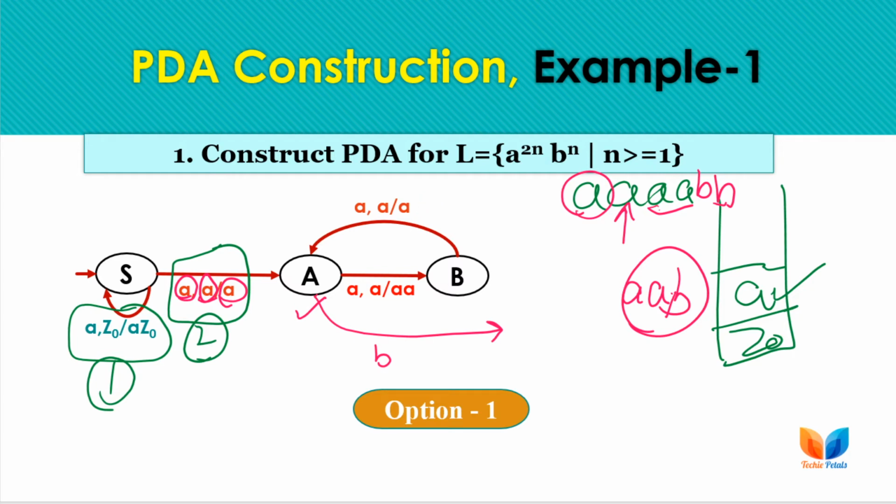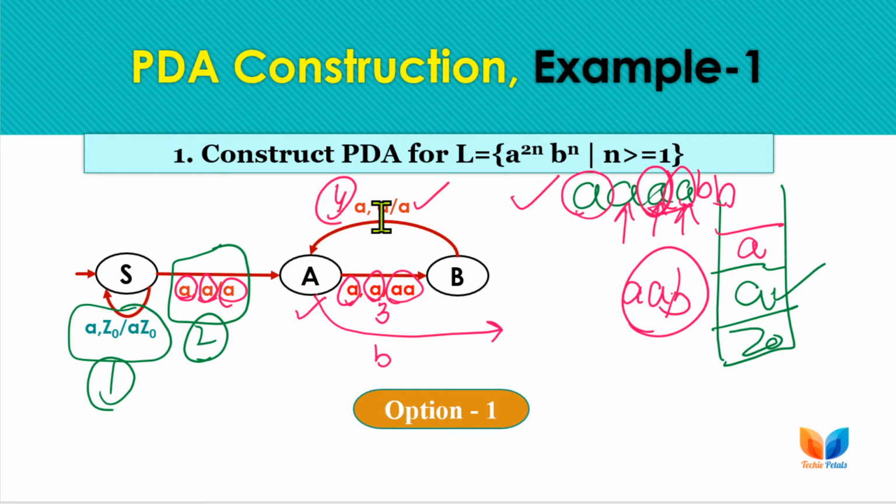The approach is the same, as we are now reading the next odd position A, the third A for this string. So we have to perform the push. The third A is here, the stack top is A, and we replace it with double A. So here we have pushed the third A onto the stack. Now we keep the same stack top for the fourth A. This is the transition for that. For the next even positioned A, we keep the stack top as the same symbol, not changing it for the fourth A in the input string.